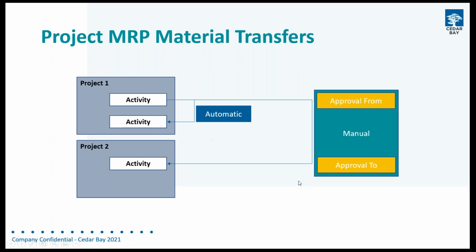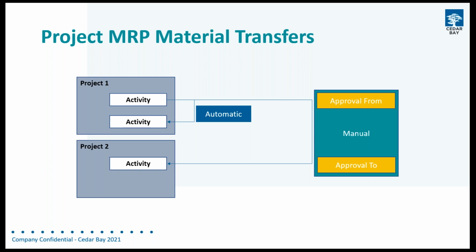But also, because this involves a transfer of cost, because you're going to be moving inventory from one project to another, we've got to move those costs from one project to another as well. And we might want the project manager of project two to appreciate those costs and give their approval